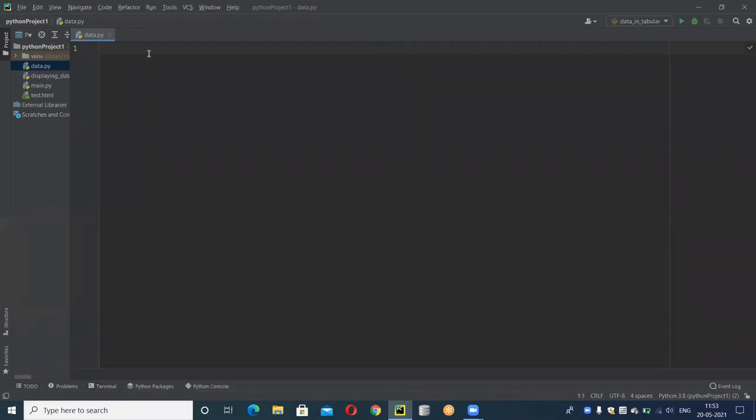Now we are importing the package which we installed, named PrettyTable. Now import PrettyTable. After importing, first we'll go with specifying the column names.